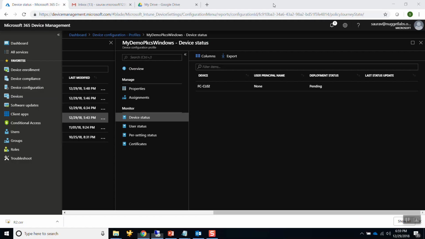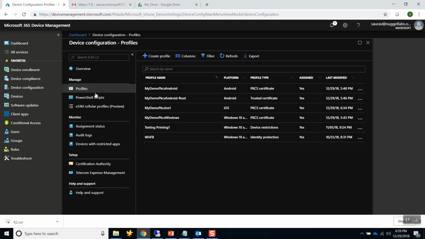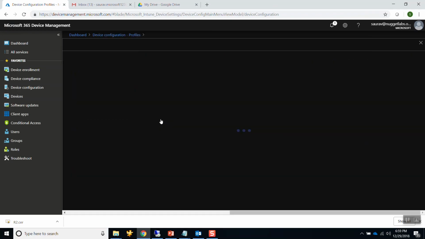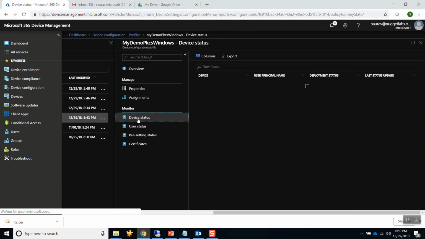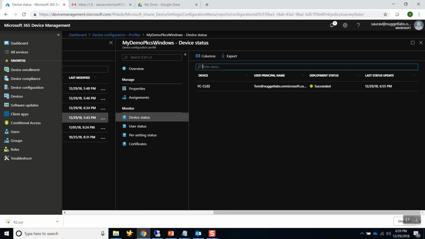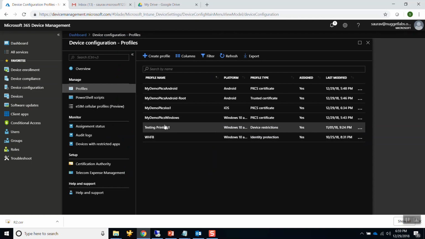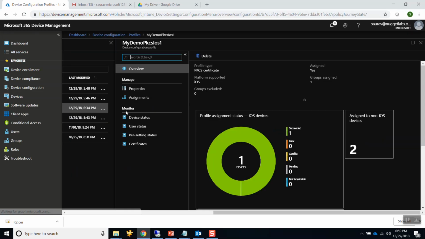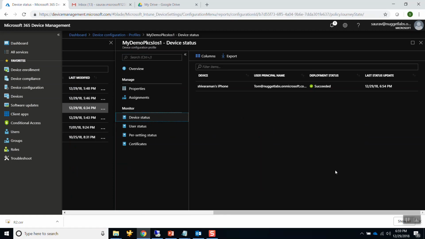So now if I go back to the portal and if I refresh, now that the device has got it installed, it should now report that it has been deployed as succeeded. So over here, my demo PKCS Windows is now succeeded, and my demo PKCS iOS should also be now succeeded. So this shows that both the certificates were issued successfully. We were now able to track from the CA in the log, service connector, PFX, in the device itself, company portal, as well as